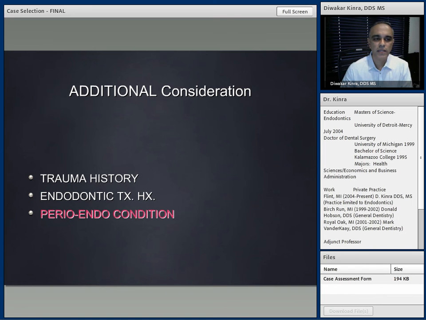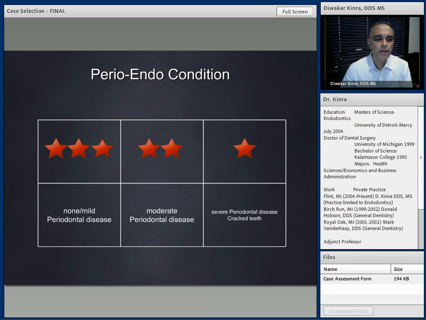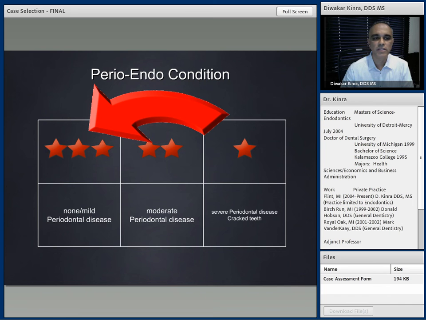The perio-endo condition. This is our last consideration that we need to look at. Again, I talked about this a little earlier, but our 3-star patients, they don't have very extensive periodontal disease, but once they get moderate or severe periodontal disease or a cracked tooth, this can be an issue. And how do we deal with these situations? Doing a root canal on a tooth that has extensive periodontal disease, you may not be serving the patient the right plan of treatment. We may not be able to eliminate the cause because the periodontal disease may be an